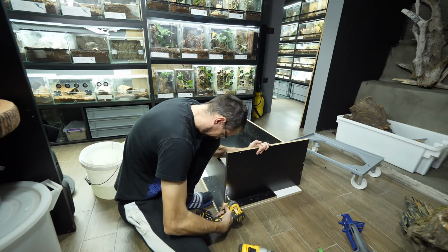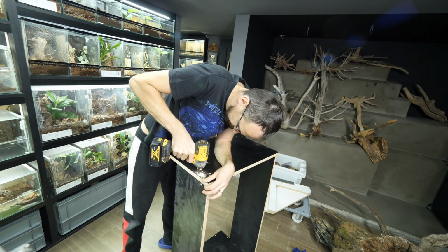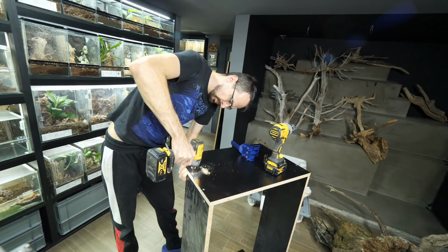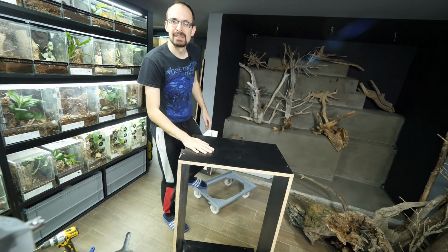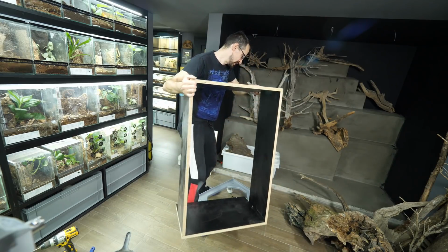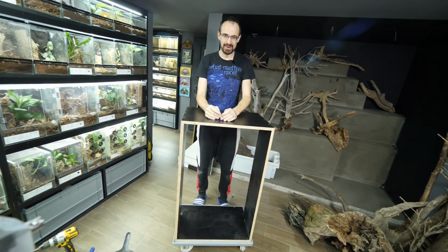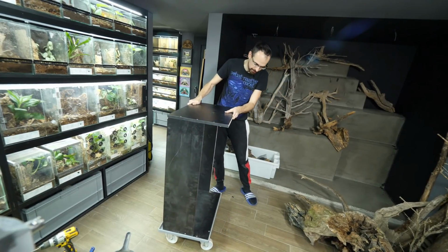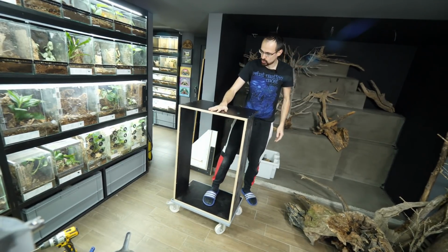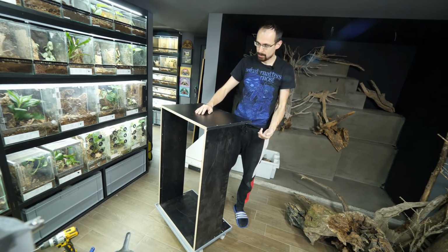Now I do the same thing three more times. Here it is. Now let me show you how it works. You can see the roller. This should just perfectly fit, right? There we go. I was kind of worried that it would be too tall and not sturdy enough, but it is pretty good. I can screw the board to the actual roller from the bottom, but before I do that,